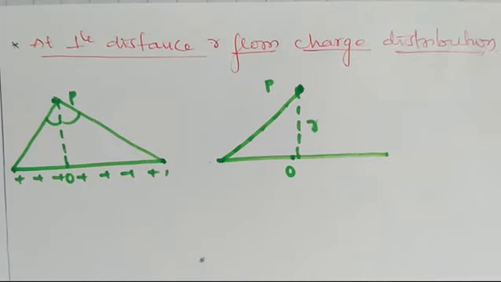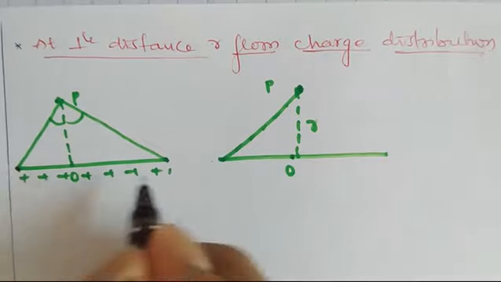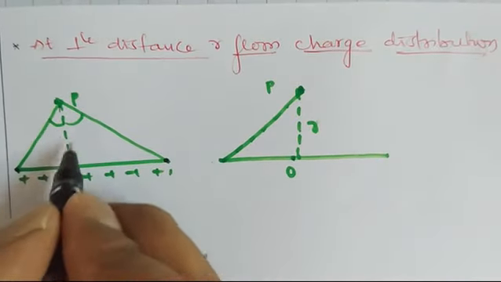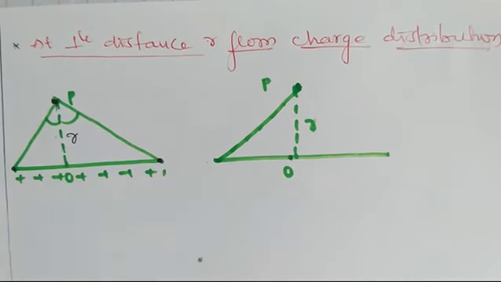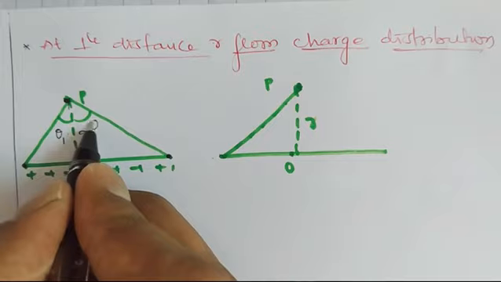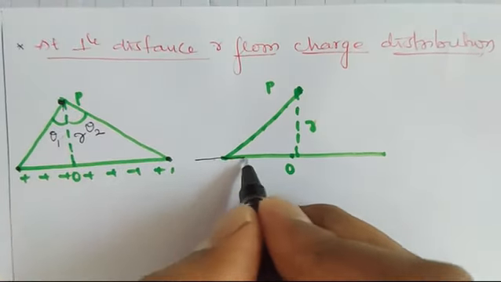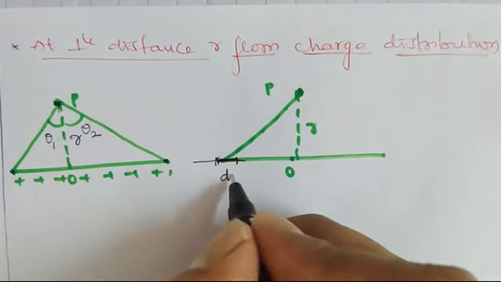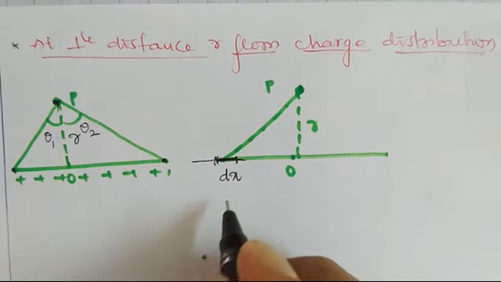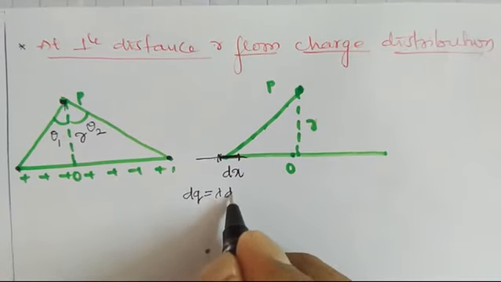Now we will discuss the electric field at a perpendicular distance r from the charge distribution. See, this is a charge distribution, so I will consider these two points, at a perpendicular distance of r. Here we want to find the electric field. Let us consider this as theta 1, this as theta 2. To find this, I will consider on this length a small portion, dx. This dx will have charge dq is equal to lambda into dx,